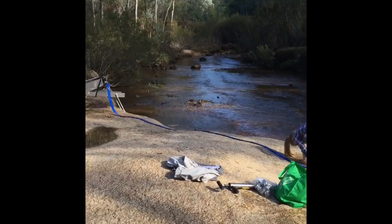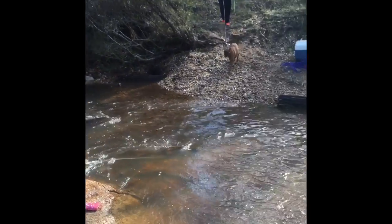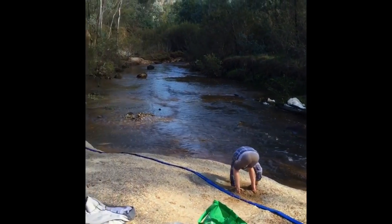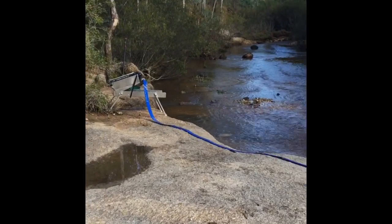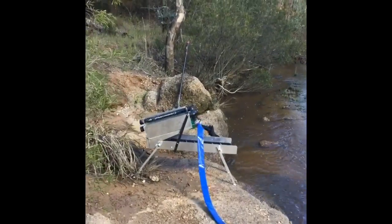Yeah, so just on an island of bedrock here. Creek's actually up probably about a foot and a half, which is not really surprising considering we had 200 mil of rain over the last week in the upper catchments. So yeah, today I'm going to be working the same area I was working last time I was out here,